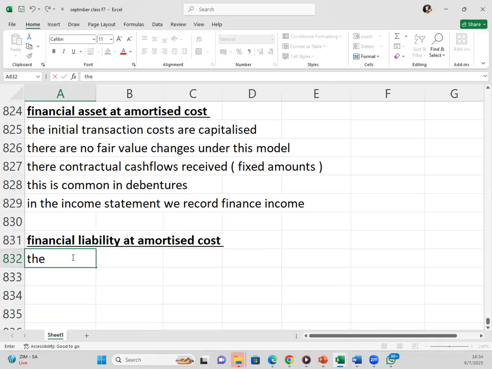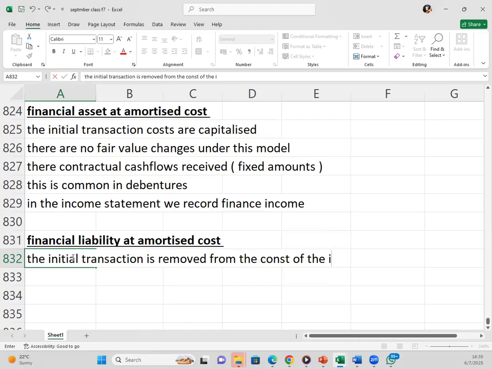The initial transaction costs, this time they are not added. The initial transaction cost is removed from the cost of the instrument. So if it's a financial liability at amortized cost, in the initial measurement we deduct the transaction cost. So if we are to receive a loan,